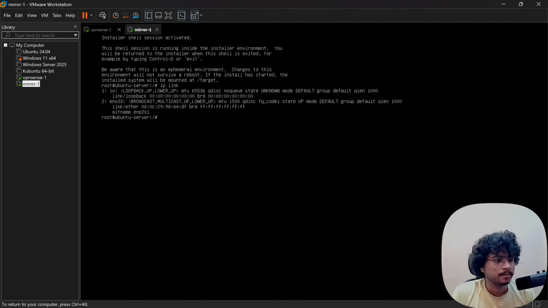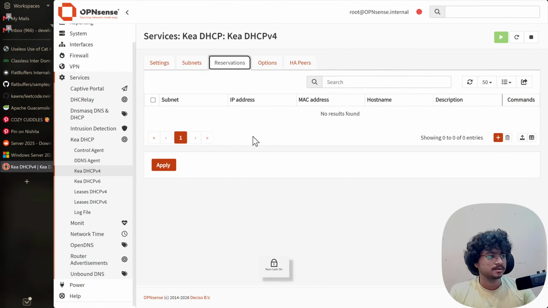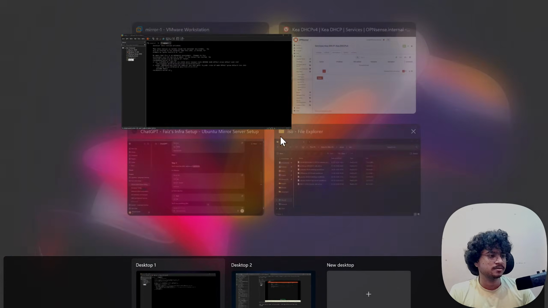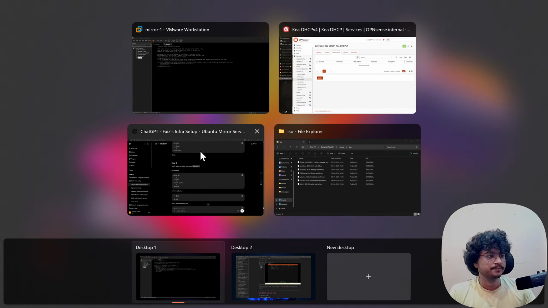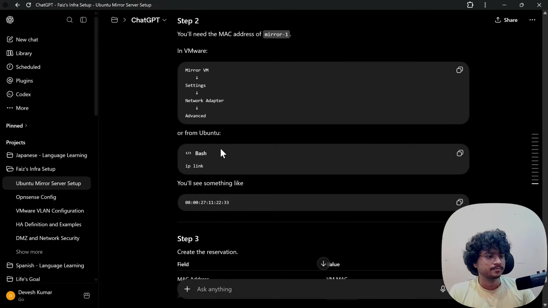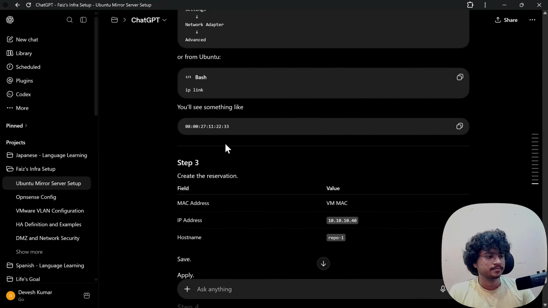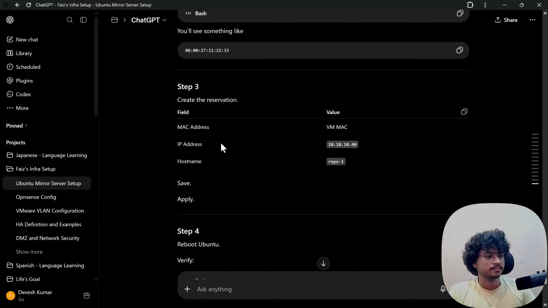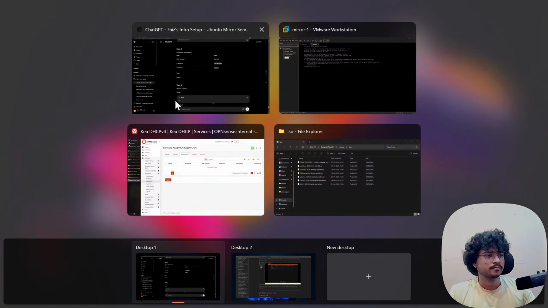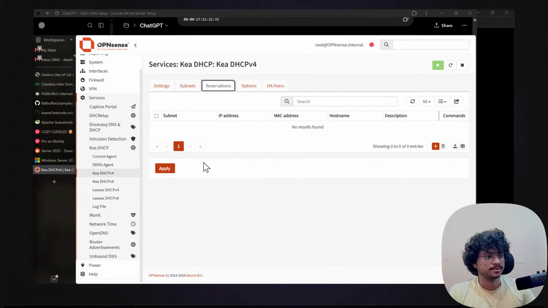What is my MAC address? My MAC address is 000C2998E4DF. I can't copy it from there, so I need to switch back and forth.